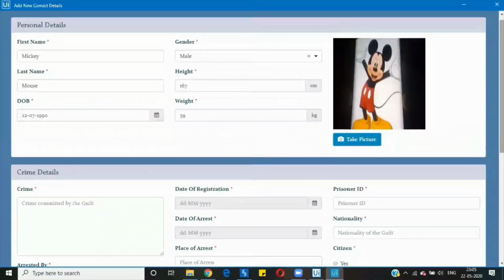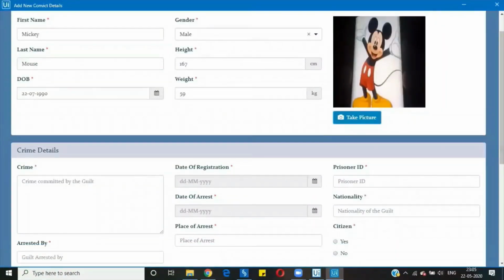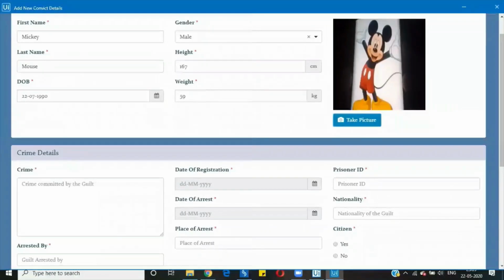Once it is loaded, the crime details panel and the sensitive details panel will appear. Now we will fill these details.